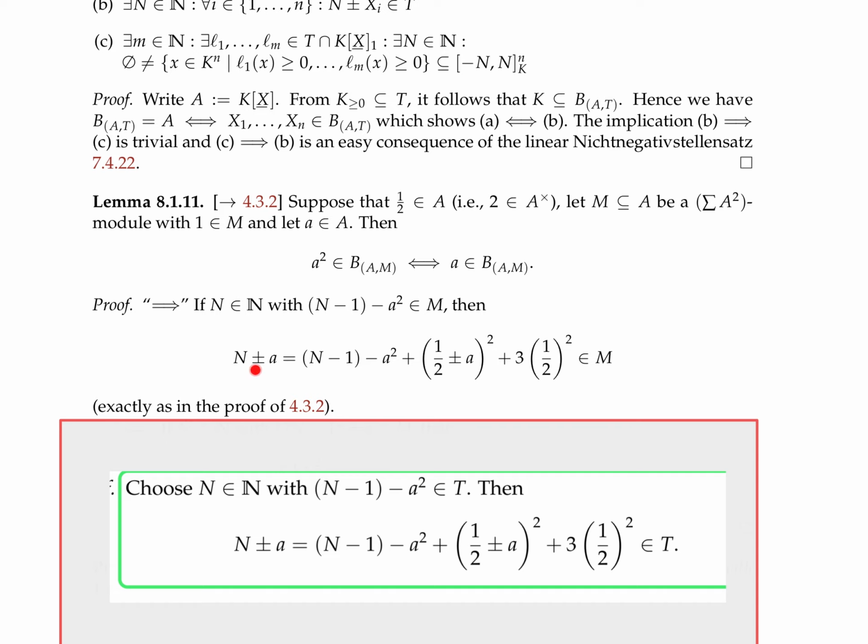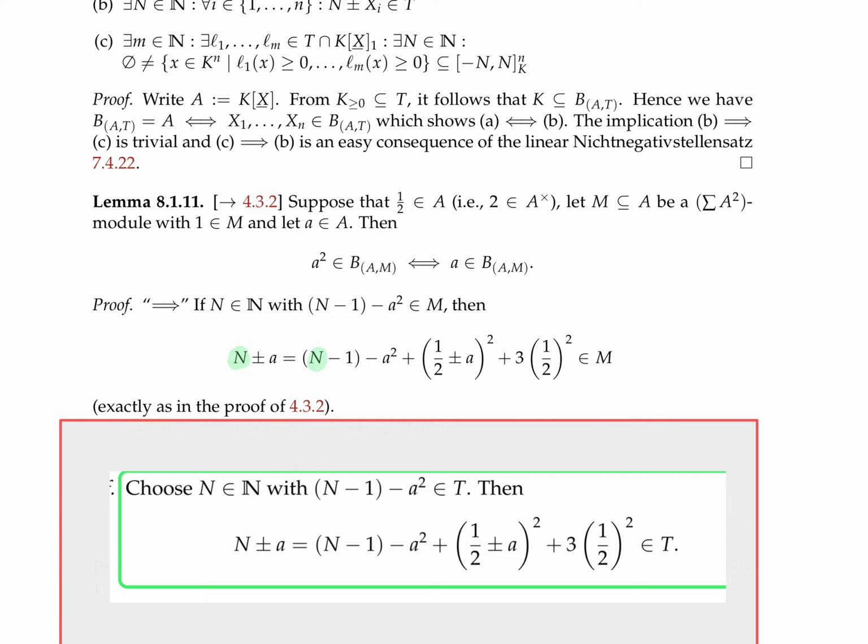So n plus or minus a is n minus 1 minus a squared, which lies in M, plus 1/2 plus or minus a squared, because that's a square, so it lies in M, because 1 lies in M and it's closed under multiplication with squares, and plus 3 times 1/2 squared, that's again, well, 1/2 squared is a square, and M is closed under addition, so 3 times this is also in M. Yeah, and why this identity is true, for the same reason it was true before. So I have here the n, which is here,